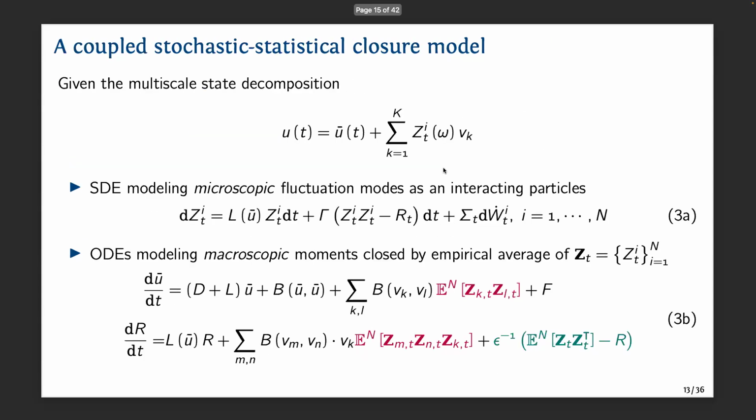Where this relaxation term comes from? This is added artificially for numerical stability. There is a consistency: by definition, the second moment of Z should be equal to R, right? But here we write them separately, and this is just marginally stable because this part balances this part. Without adding this term it's okay, but numerically it might have some unstable issues. That's what we found when writing the code.